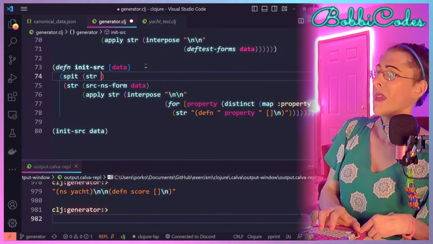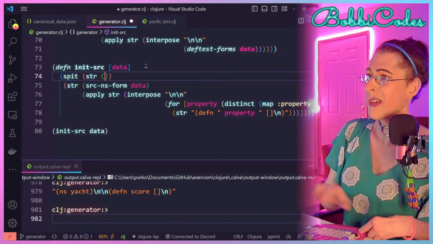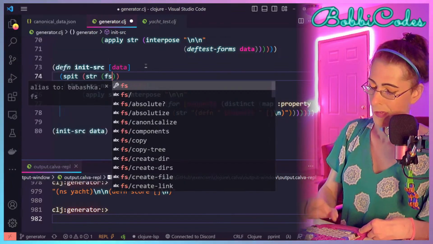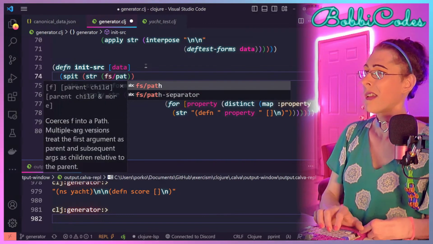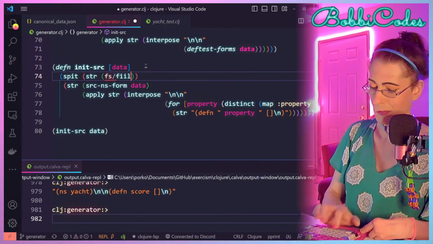Actually here, yeah, we want str and then it's going to have to be an fs path. No, fs file.